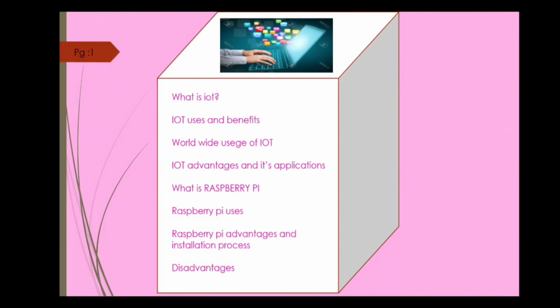So before jumping into the agenda of part 2, let's recap what we have learned in the last session. We have learned what is IoT, uses and benefits, usage around the world, advantages and applications, Raspberry Pi and its uses, advantages, and also the installation process of the Raspberry Pi in your system. And then we have seen some of the disadvantages of the Raspberry Pi. In this session, we are going to continue these topics